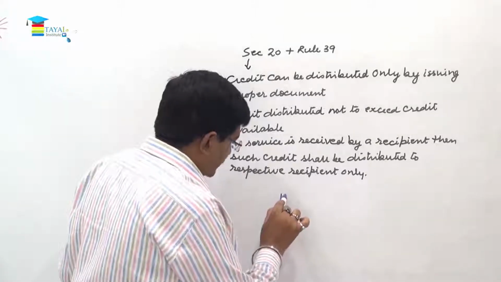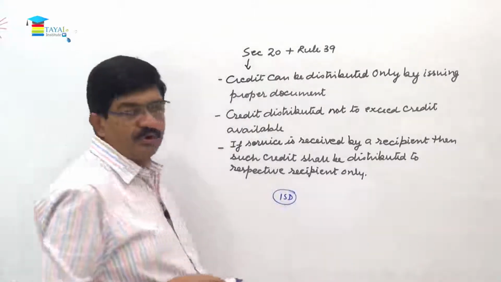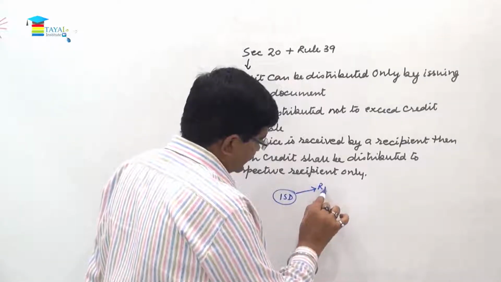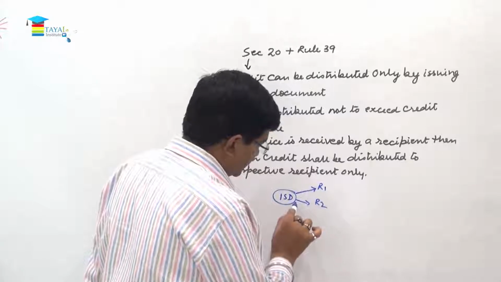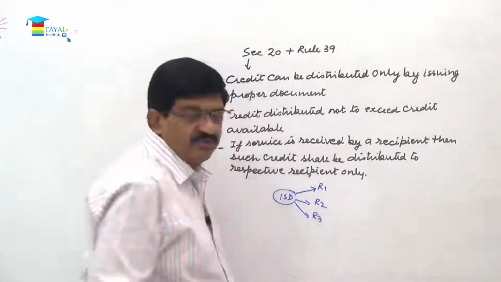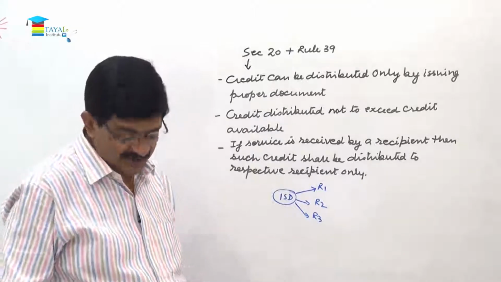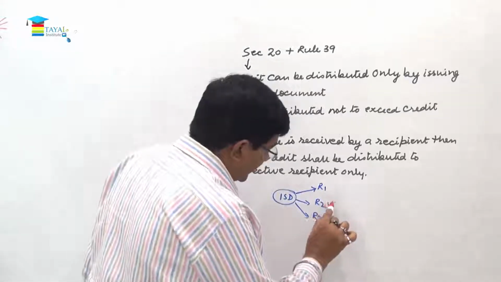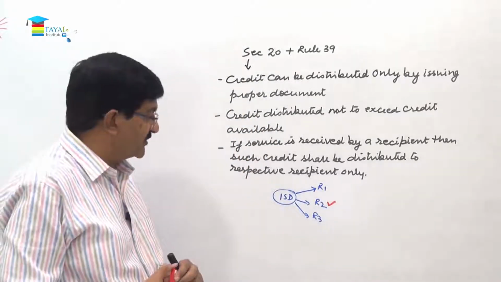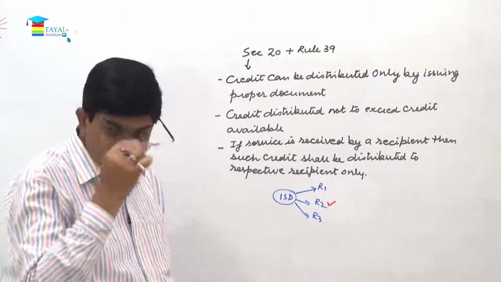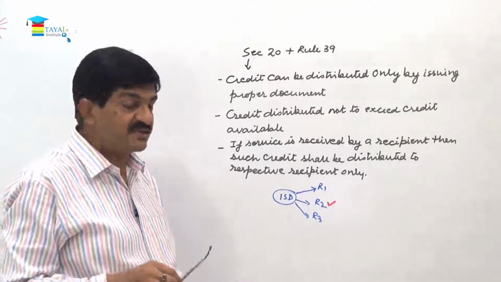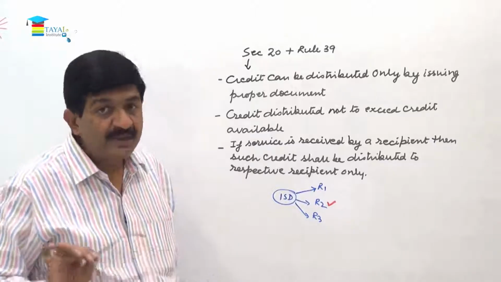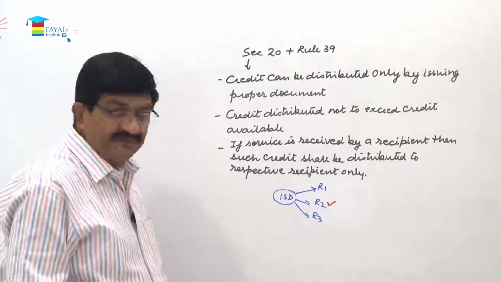So what does it mean? Here we have input service distributor which is already registered, and there are multiple recipients who are connected with this. This is recipient number 1, this is recipient number 2, this is recipient number 3, this way. Now these recipients may be factories, may be branches. Now there is one particular service which is received at this place only, but the invoice is received by the input service distributor. The credit taken by the input service distributor in case of the service received by recipient number 2 should be transferred to him only. It will not be distributed. Right? And then further it says,